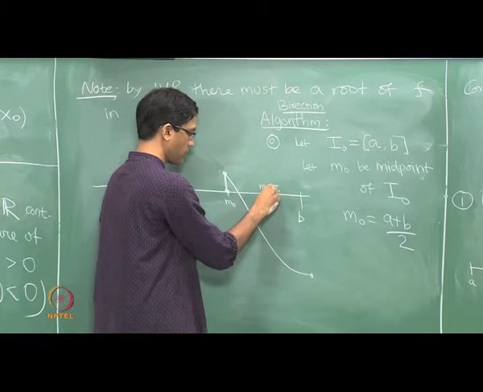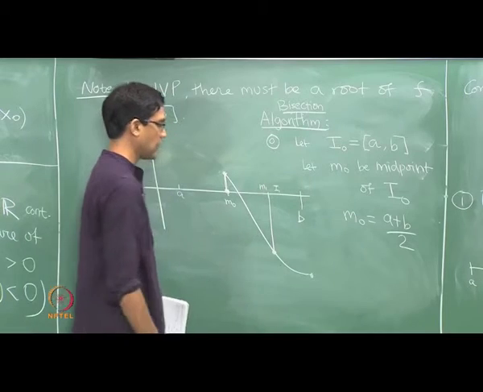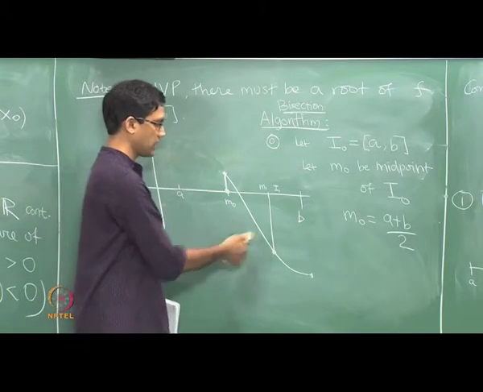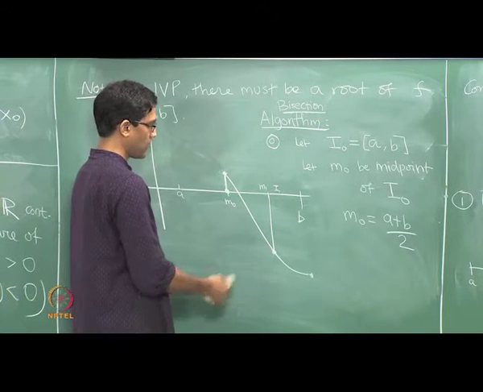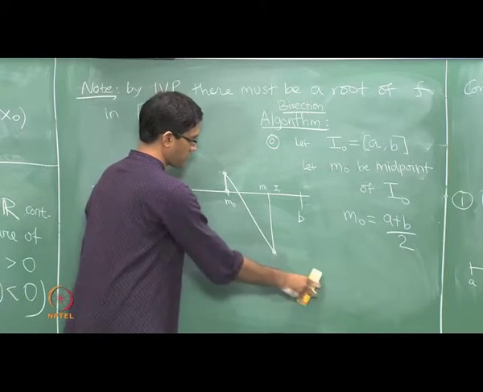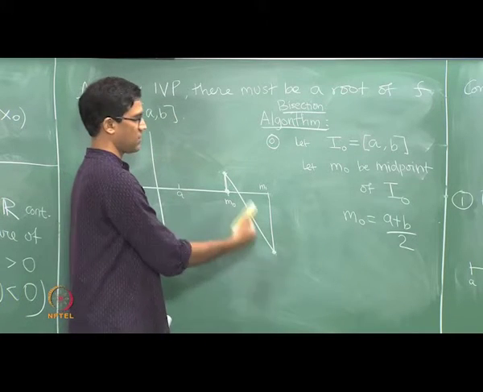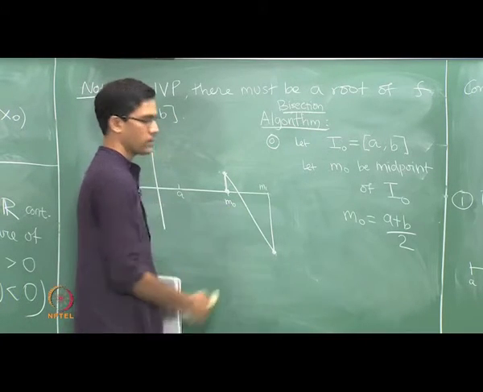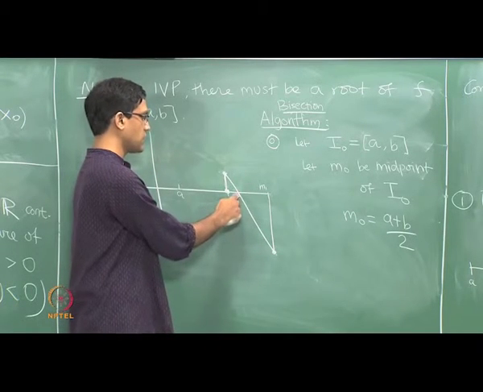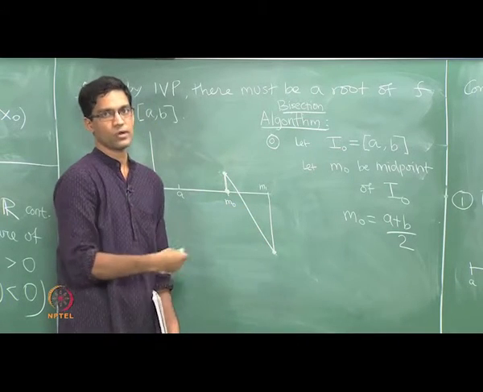So I compute the value of the function at the midpoint and I see whether the function value is negative or positive. In this case the function value turns out to be negative, the way I drew the graph. So again that means I will get rid of the right half of this interval and only focus attention on the left half, the part between m0 and m1. Call this I2, and now again by the intermediate value property there must be a root between the left endpoint m0 and the right endpoint m1, and so on and so forth.